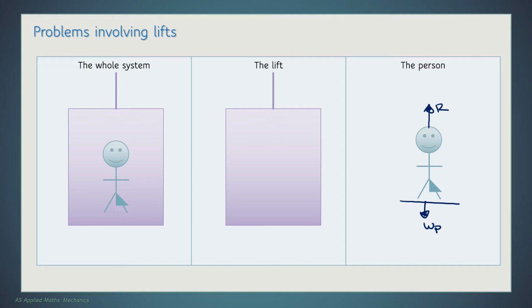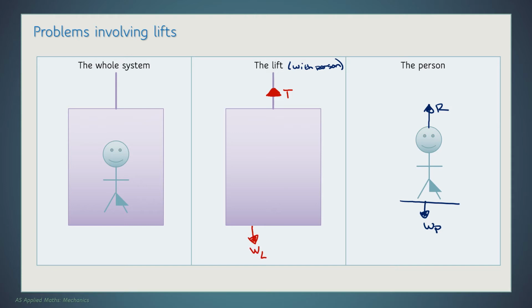If we consider the lift, and this is the lift, not empty, but with the person in, what I want to consider are the forces that are acting on just the lift in this situation where we've got the whole system. So first of all, I've got a piece of string at the top. Well, not a piece of string because that probably wouldn't work very well, but we do have that wire at the top, and therefore we have a tension that is pulling the lift upwards. If the lift is moving downwards, then it is that tension that is stopping the lift from falling. We also have a weight